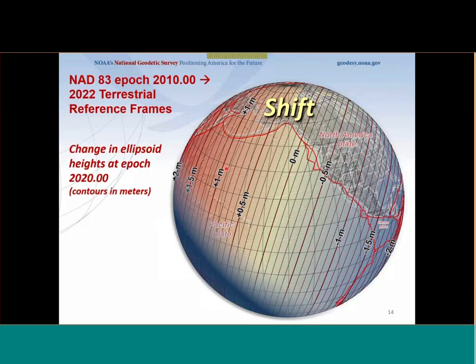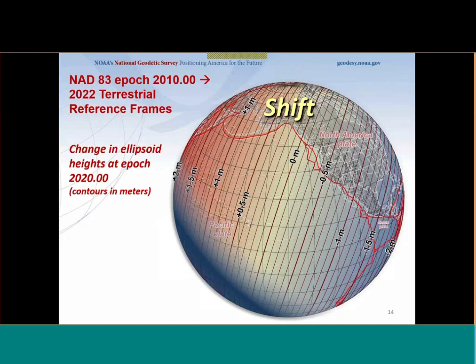Well, the ellipsoid height will change too. So a nice way to think of that is, looking at this globe here, the entire globe, the entire ellipsoid representing the Earth, gets shifted by 2 meters. It's shifted by 2 meters this way, to the left on your screen, right? To the positive 2 meters over here. So the height increased by 2 meters there, it decreased by 2 meters on the opposite side of the world, and there's 0 change right along this contour, which, just bad luck,